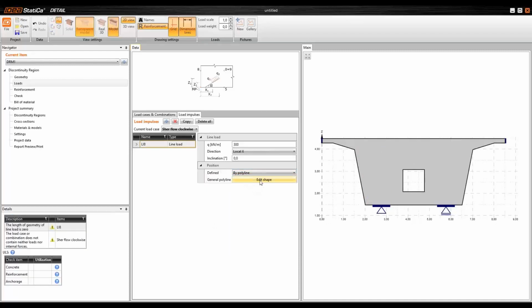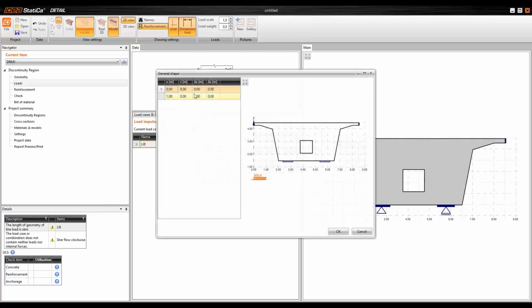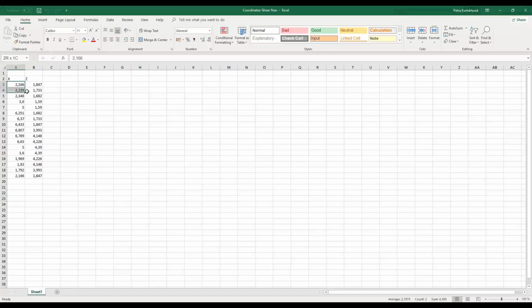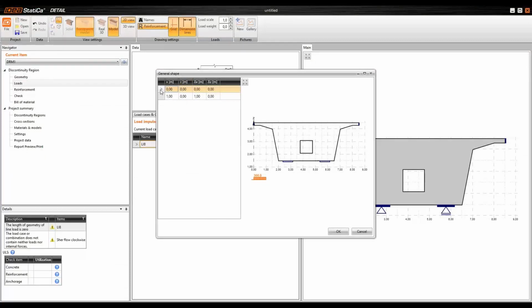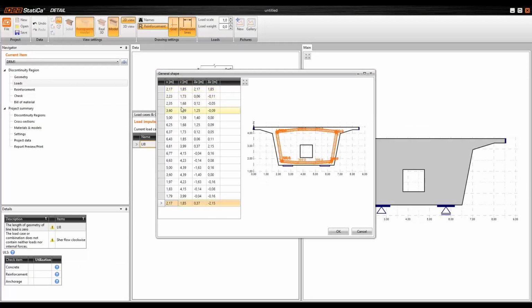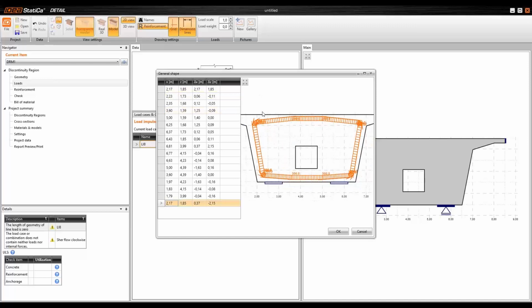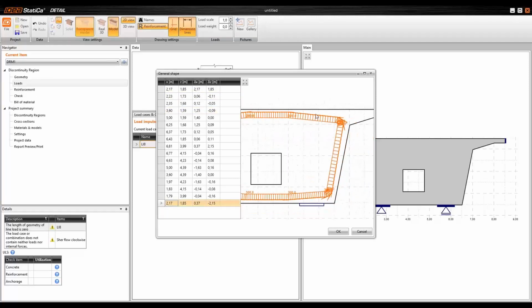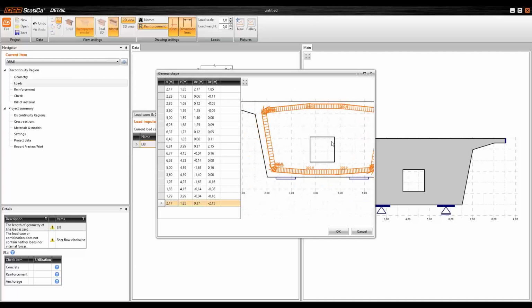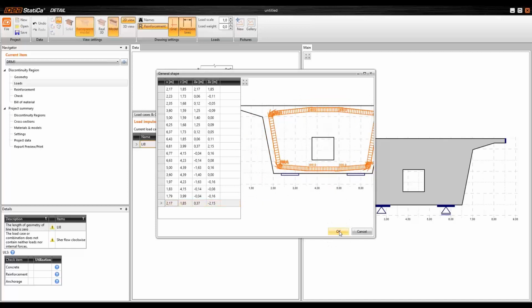If I click on this edit shape, I can define the coordinates of x and z and create the polyline. I have prepared this list of coordinates, so I just simply copy them and insert them into this table, and I can see the distribution of the shear flow along the cross section. So I click on OK,